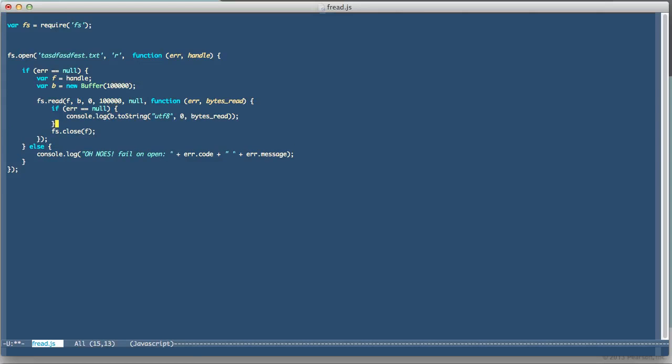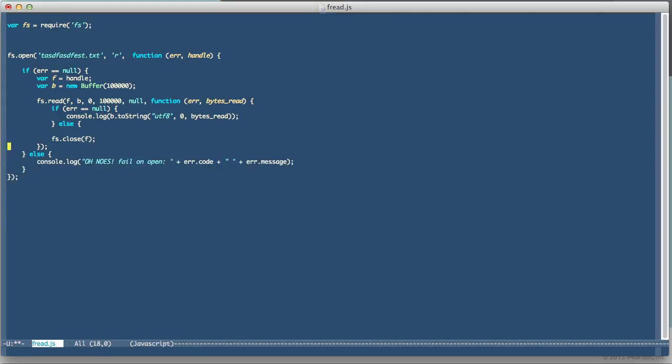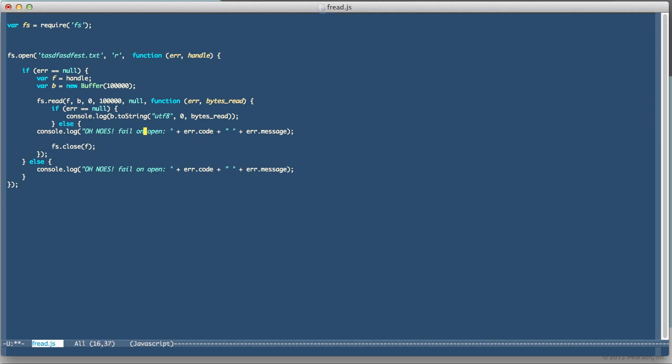I will console.log the good message, else I will actually just borrow this code here, like that. And I'll still close the file because it's just the read that failed. But now you'll see that I can actually handle the error properly there and there. So we'll say test.text. And now I basically have a piece of code that correctly handles all the errors that Node can send back to me